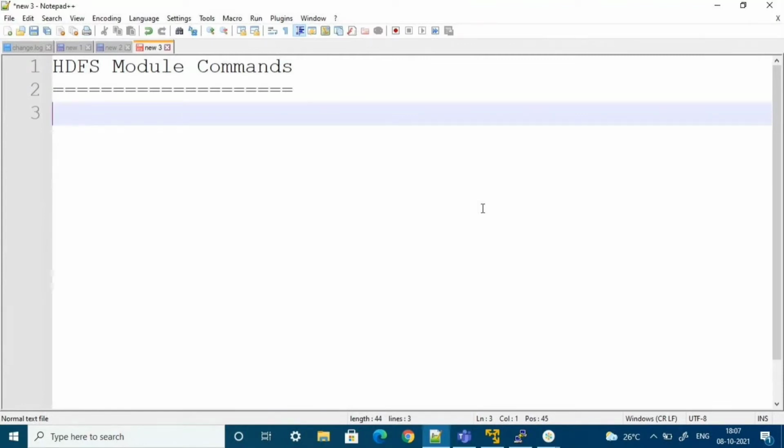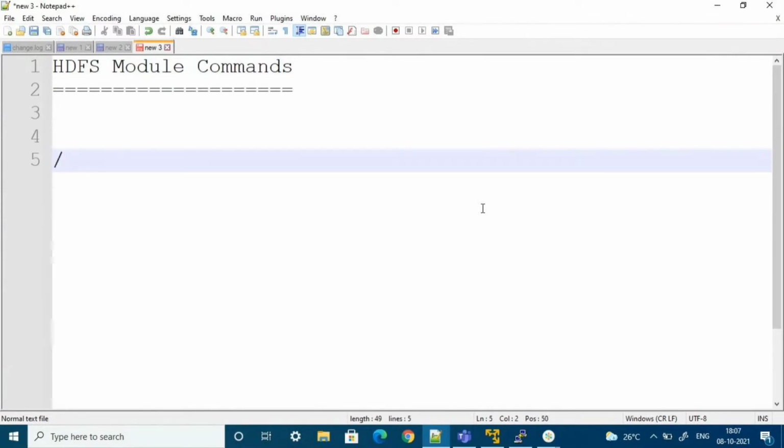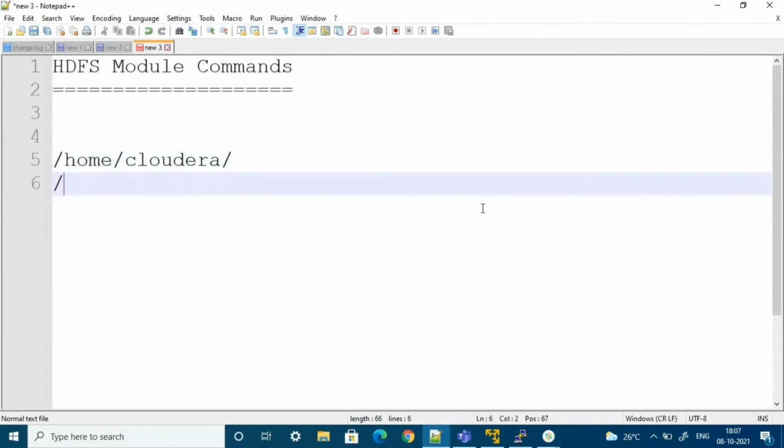First of all, we should know what your local path is and what your HDFS path is. So in Cloudera, this is my local path, so the Linux path, and this is my HDFS path, so the Hadoop Distributed File System path.